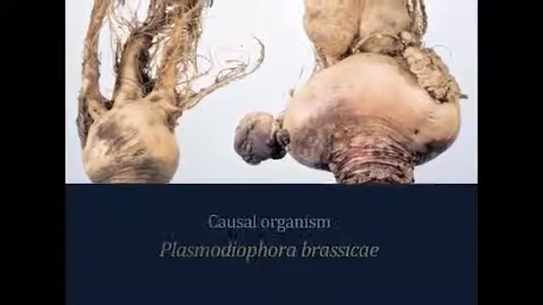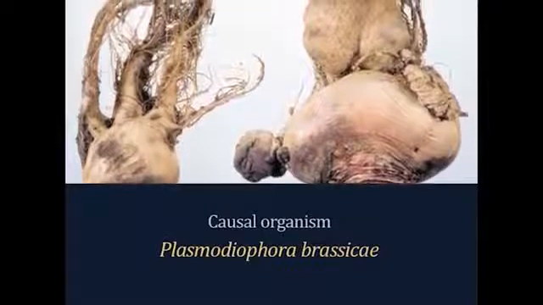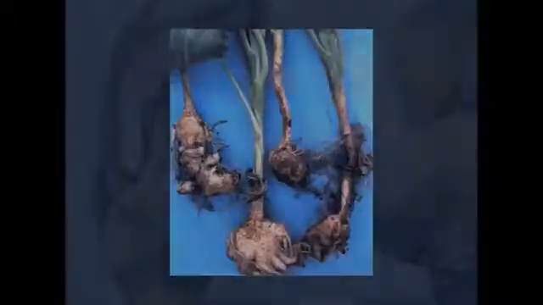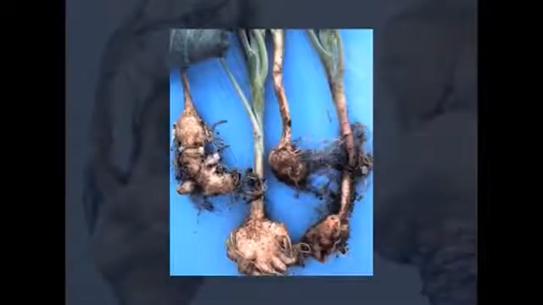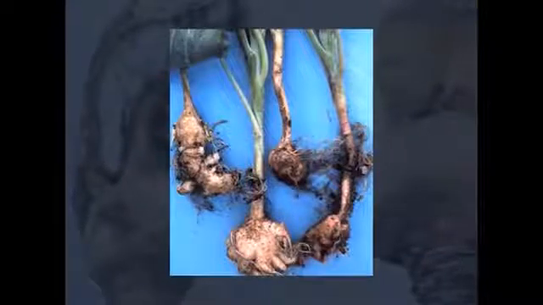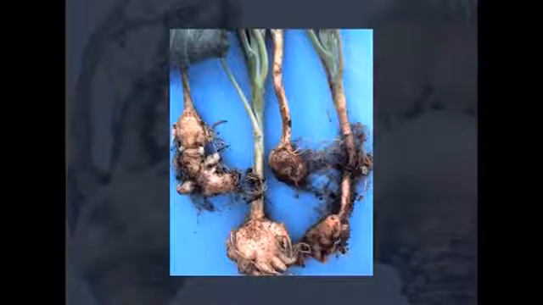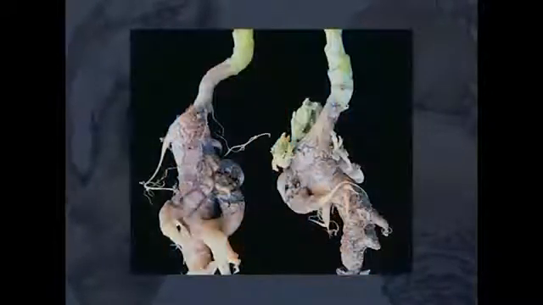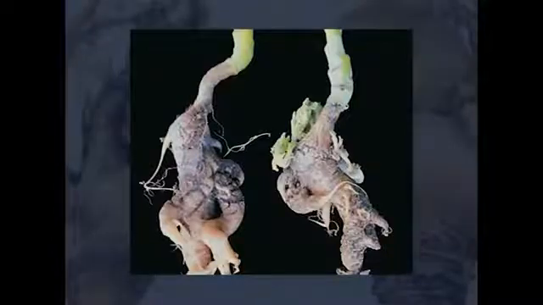Next important disease is the club rot. It is caused by Plasmodiphora brassicae. Now let's see the symptoms of the club rot. The most characteristic symptoms of the disease consist of small or large spindle-like, spherical, club-shaped swellings on the roots and